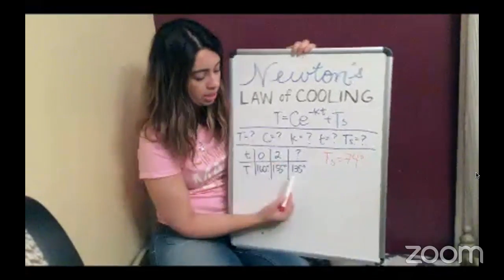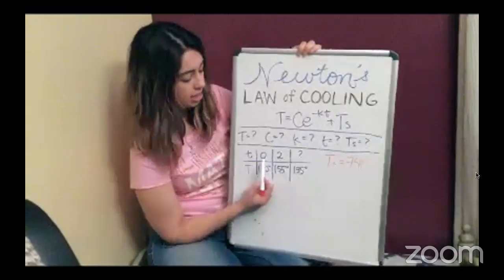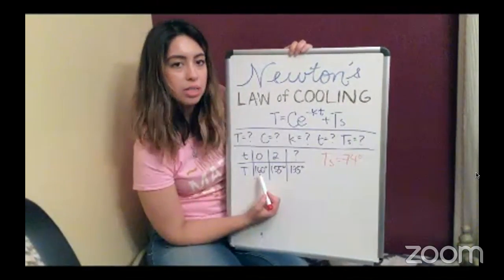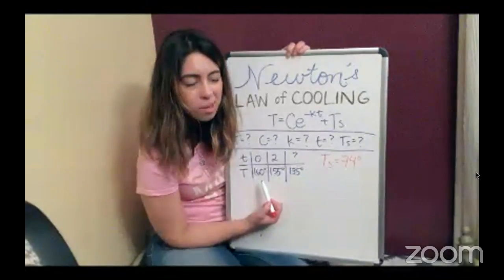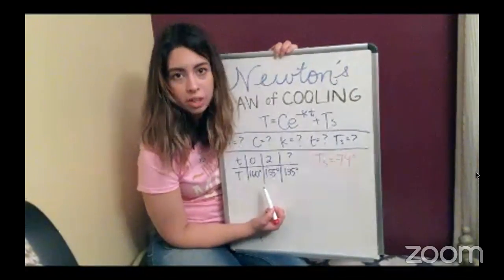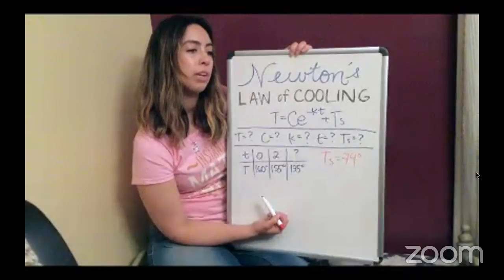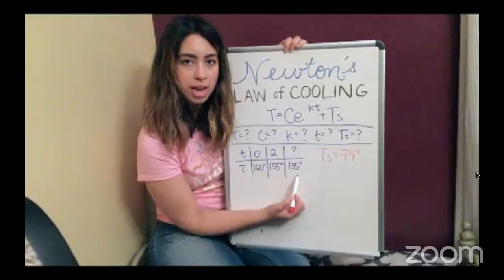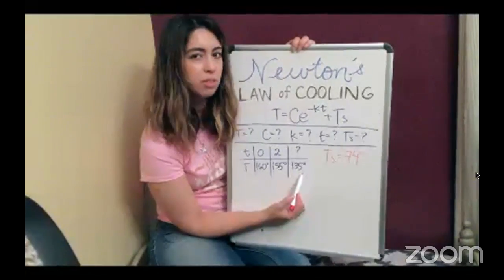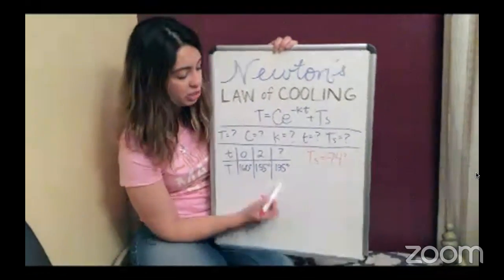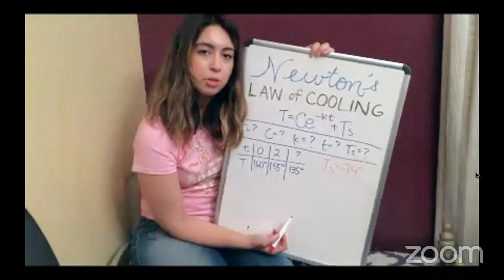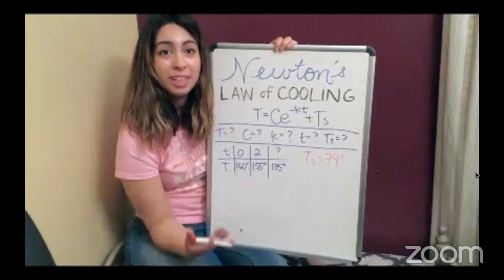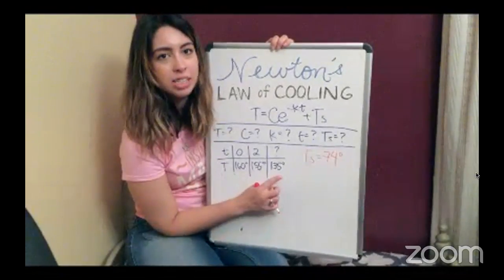So here we see a chart where at time equals 0, I checked the temperature and it was 160 degrees. And at that point I took a sip and of course it burned my tongue. So I want to figure out how long it'll take for the temperature to go down to about 135 degrees. I saw online that 140 degrees is about the average temperature for a drink, but after that burn, I want to make sure that I don't burn myself again, so I want to take a sip once it goes down